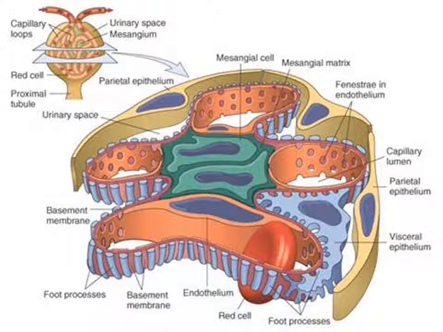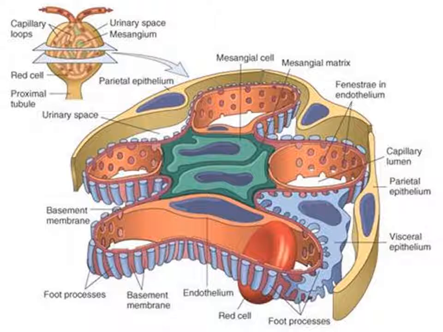Then comes the visceral epithelium. This visceral epithelium is also called podocyte because they have foot-like processes. You can see here there are foot-like processes, and in between these foot-like processes there are filtration slits. So finally, this is the third thing which a fluid or substance passes through, that is through the filtration slits. Apart from this visceral epithelium is the parietal epithelium, which is the outermost layer, and the space between the visceral epithelium, that is podocyte, and the parietal epithelium is the Bowman space.